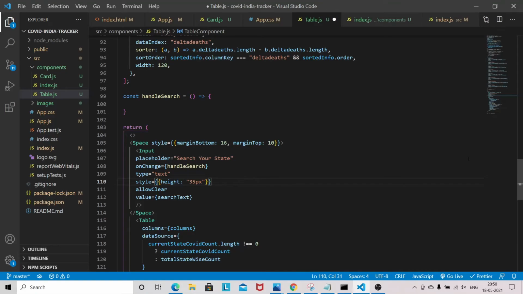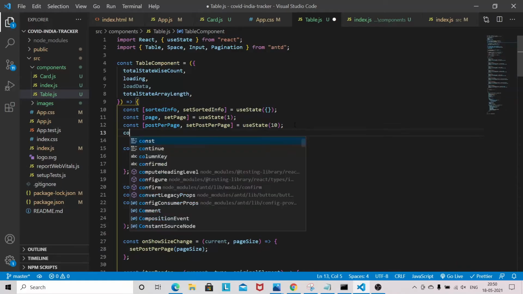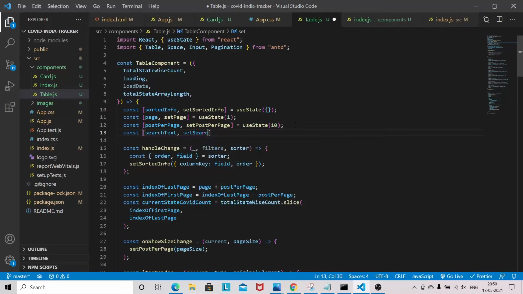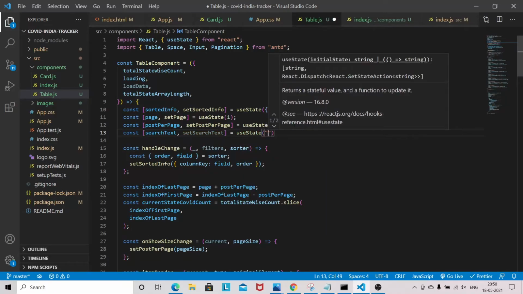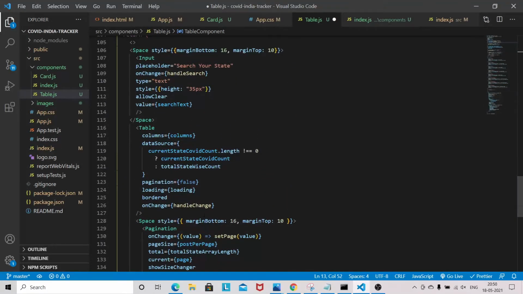So let's define this search text here at the top. Set search text, use state. Okay. So in handle change, not handle change, where it is handle search.